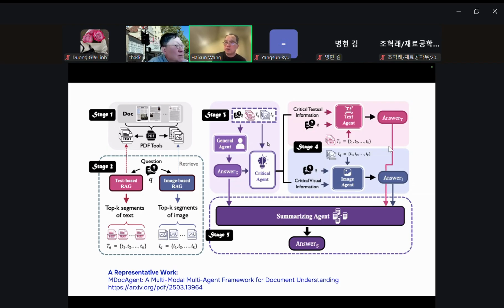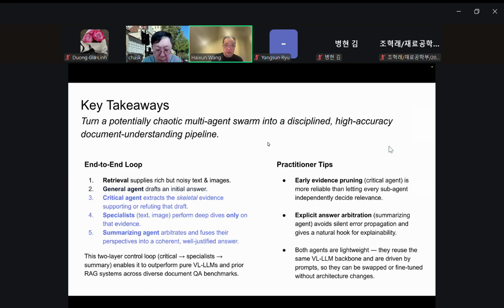So it has this self-questioning, self-criticizing, self-correction loop to evaluate your results. Basically, it is a simple RAG plus a self-correction loop. That is one of the representative works in this space, right?